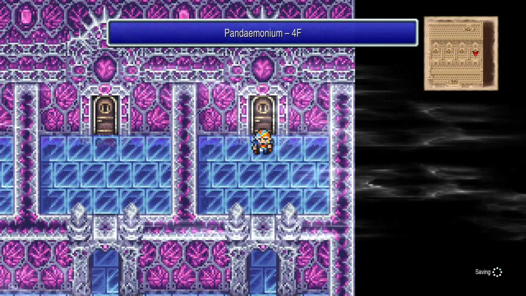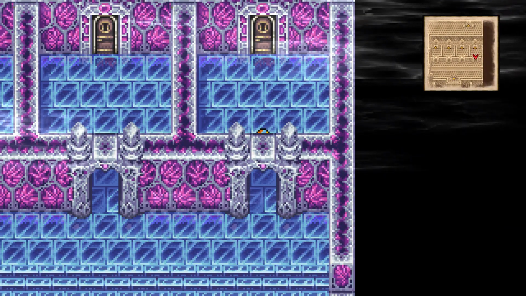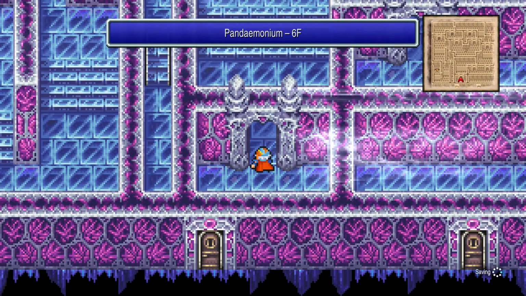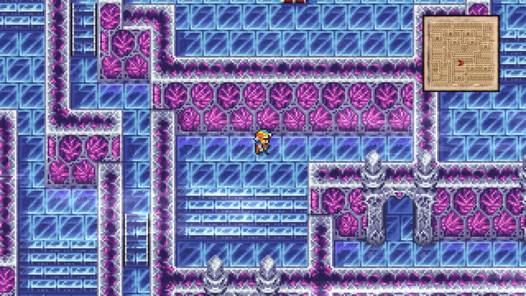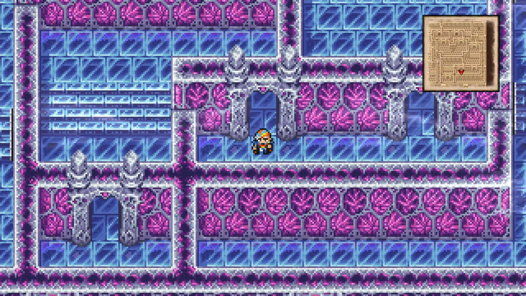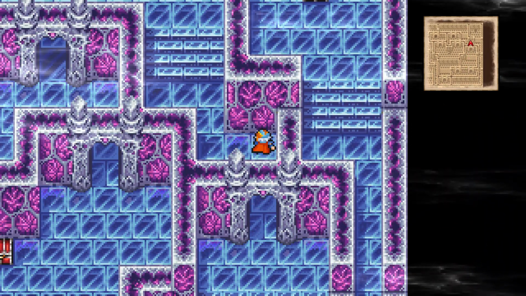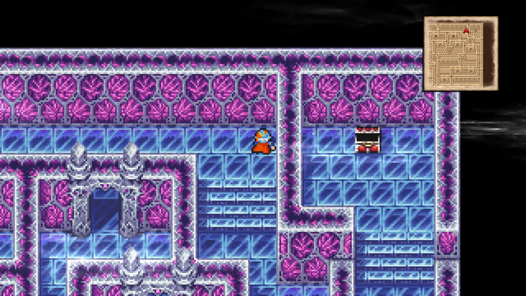And now we're going to teleport out of here using that warp spell and finally go into door number 3, and that will allow us to finish up this whole section of Pandaemonium. We'll go up and then over to the right. You're going to work your way around this little maze area, and going through those archways, eventually you'll get to